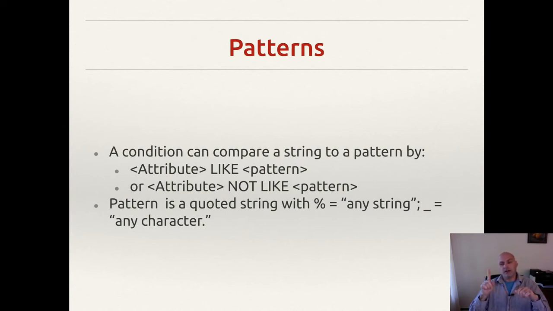If I had done B underscore, it would have only worked for 2-character first names that have a first letter of B, right? So that's an important differentiation between the percent sign and the underscore. The underscore only is a wild card for 1 character. The percent sign is a wild card for any number of characters that follow or precede, depending on where you put the percent sign,